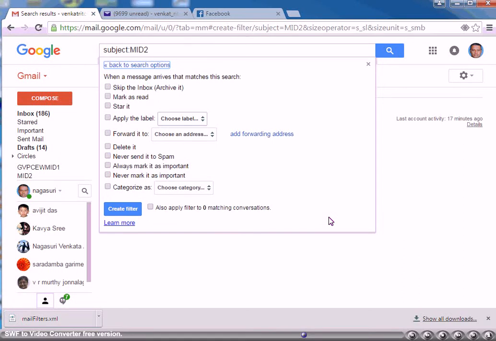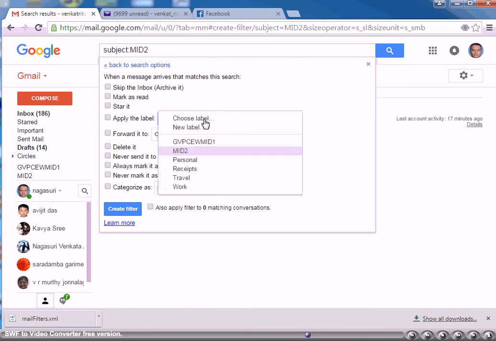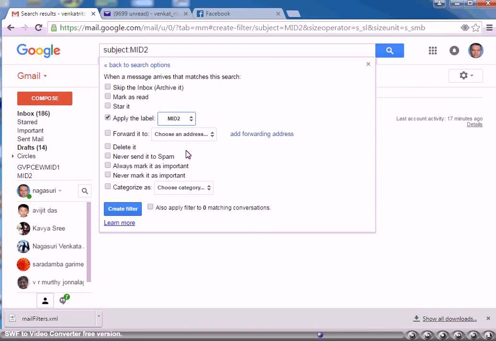In fact, the mid2 we have used as a filter criteria and also label name. Not necessarily they should be same, they can be different also. Now simply click create filter button, which creates filter and also links the same to a label.